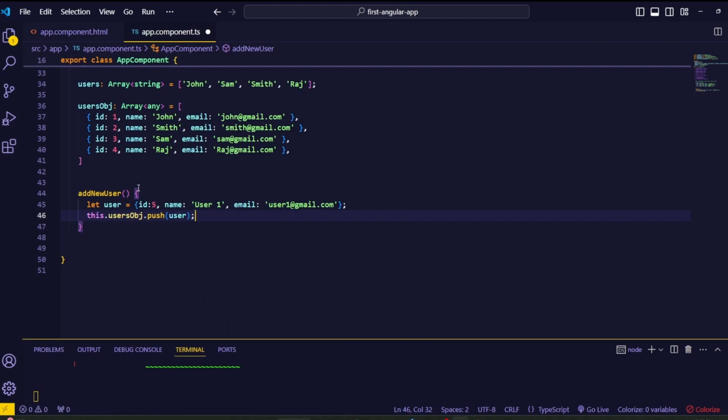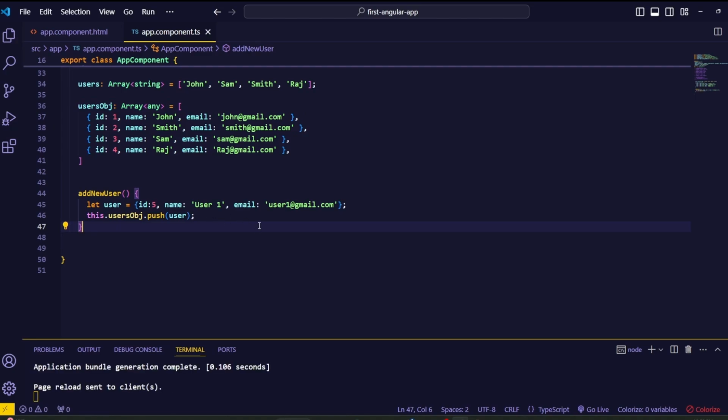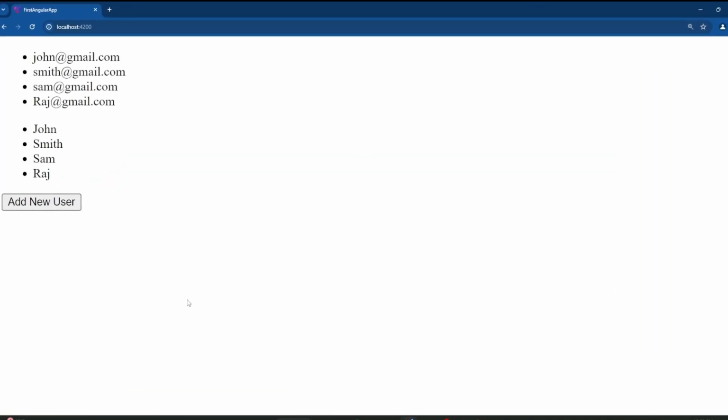That's it. So guys, this push method will insert our new user object inside the array as the last array value. So I think that's it. Save this all and go to the browser. Now you should see the add new user button. Click on it. As you guys can see here, once I press the add new user button, a new user